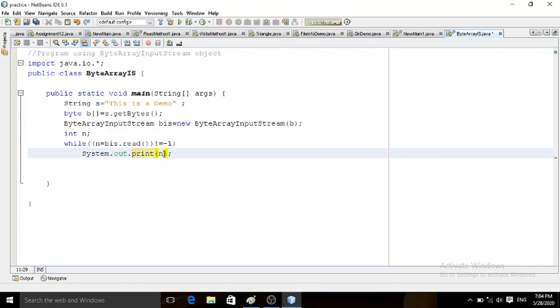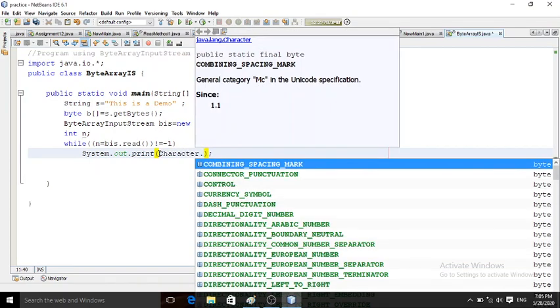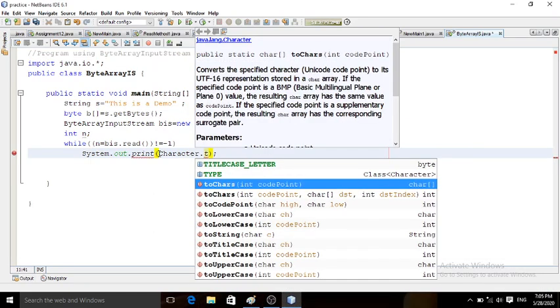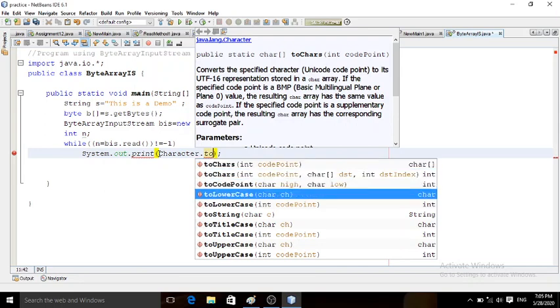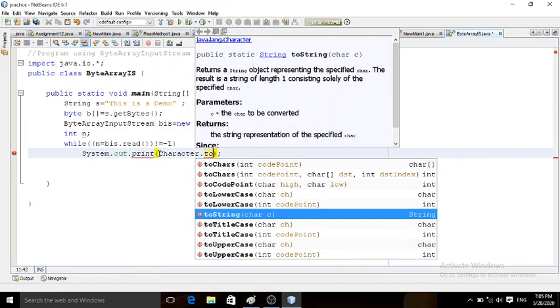So what should I do? For that I have to use one built-in method of the Character class, Character dot, I want to convert all these characters to uppercase.